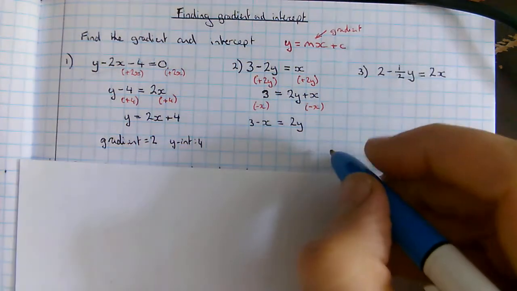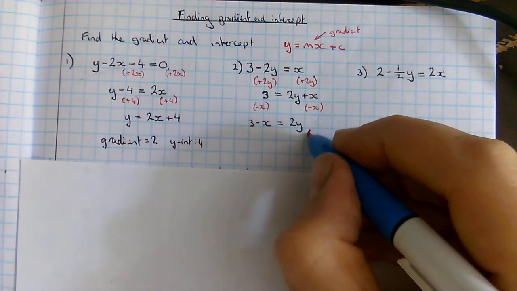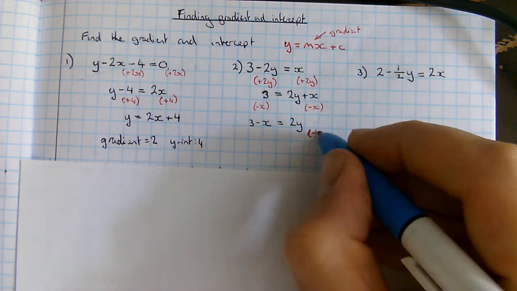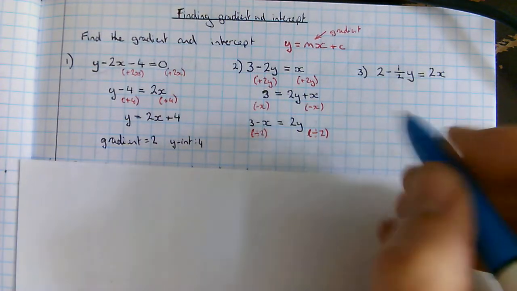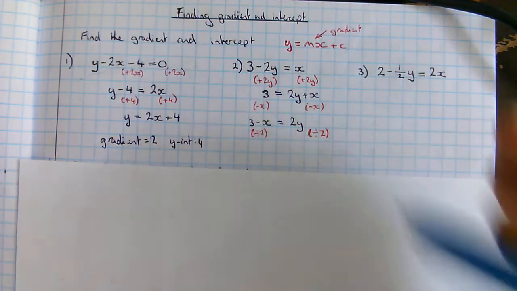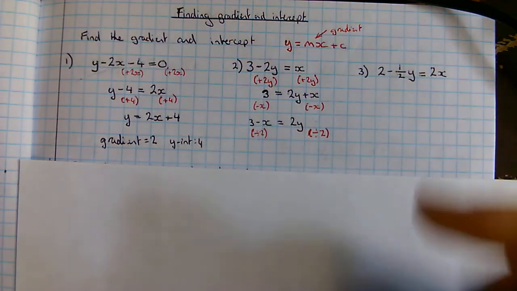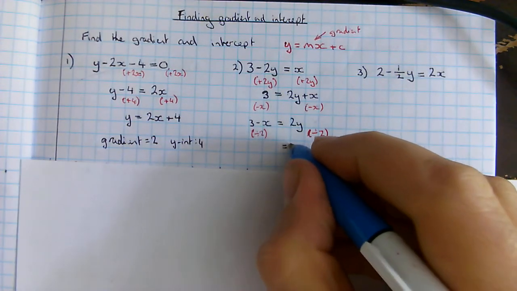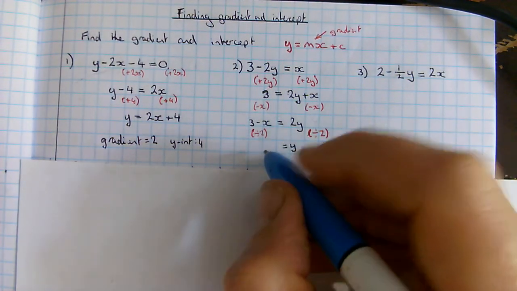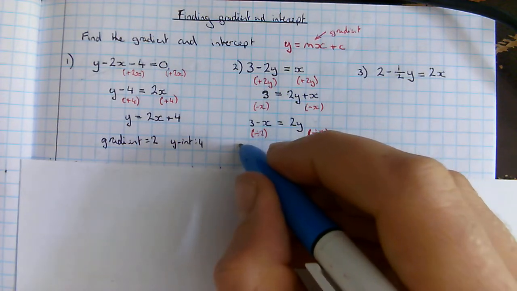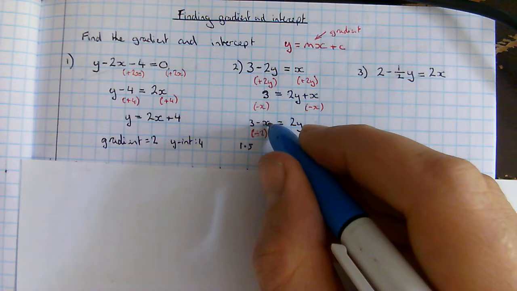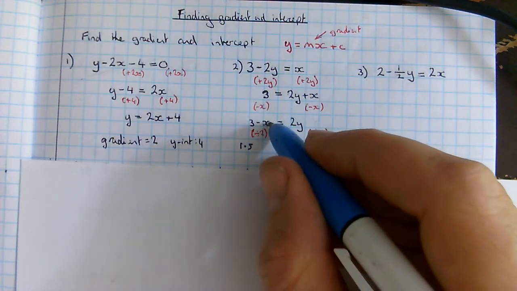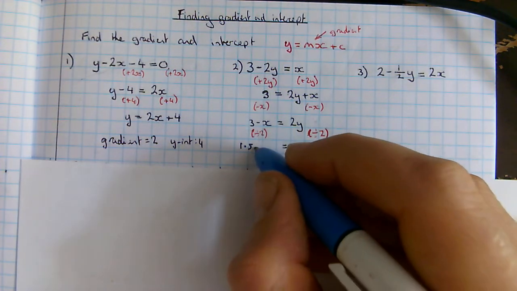To get rid of that multiplying by 2, I'm going to divide by 2. If I divide by 2 here, I need to divide by 2 here. Well, 2y divided by 2 just leaves me with y, which is what I wanted. 3 divided by 2 is 1.5. 1x divided by 2 is minus